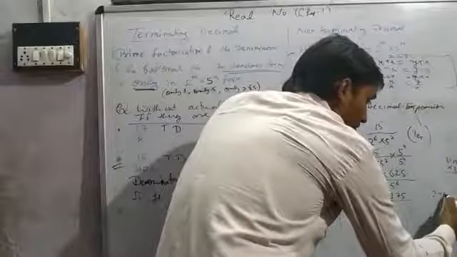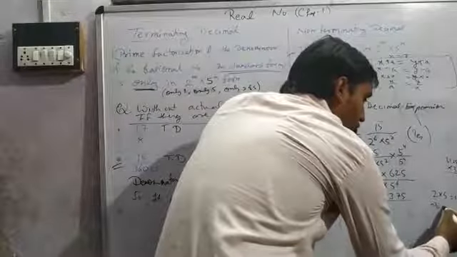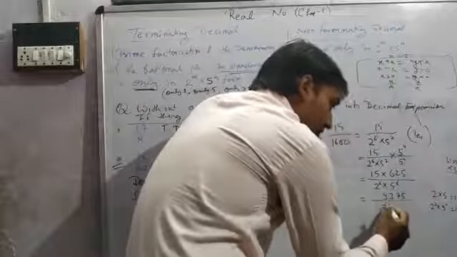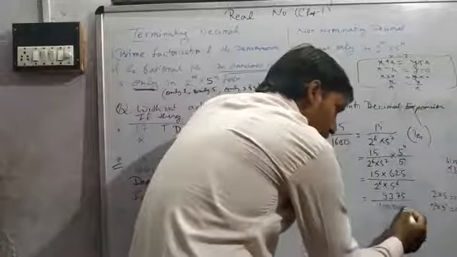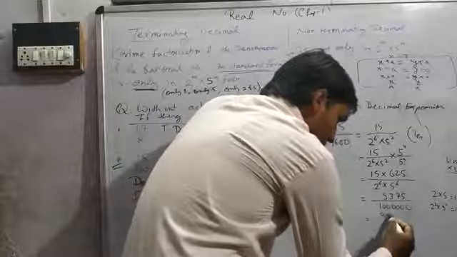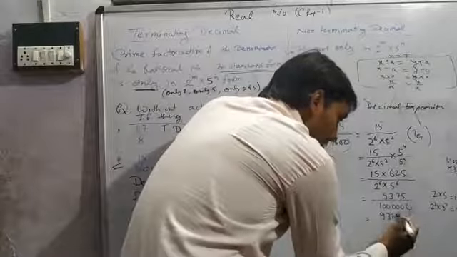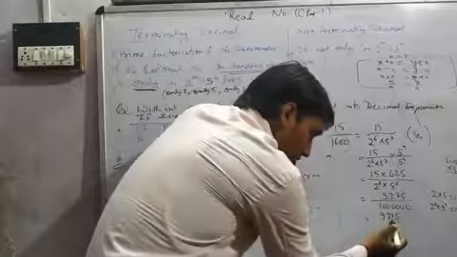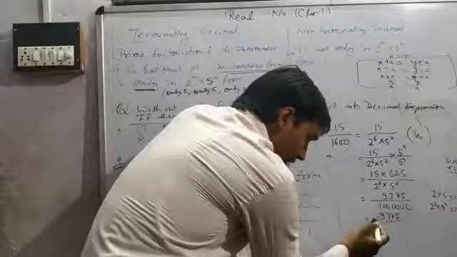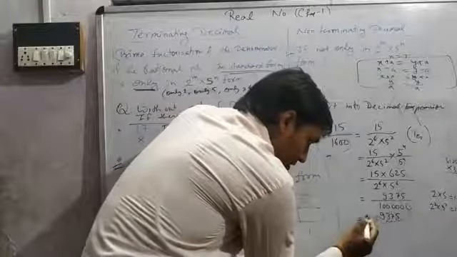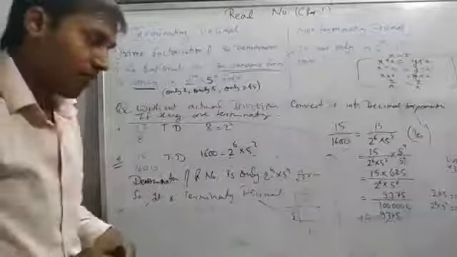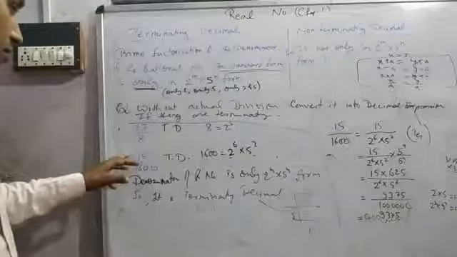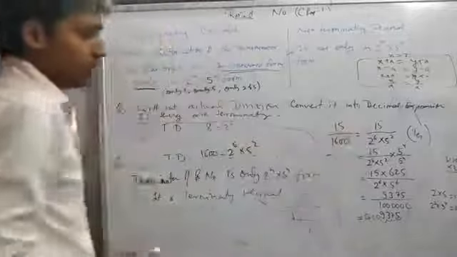1 two and 1 five make 10. 2 twos and 2 fives make 100. So 6 twos and 6 fives make 1, 2, 3, 4, 5, 6. That means in 9375, put the decimal in the 6th place from the right, 1, 2, 3, 4, 5, 6. So you can write 0.009375 is the decimal expansion of 15 upon 1600. It can also be simplified. Here we could have simplified.